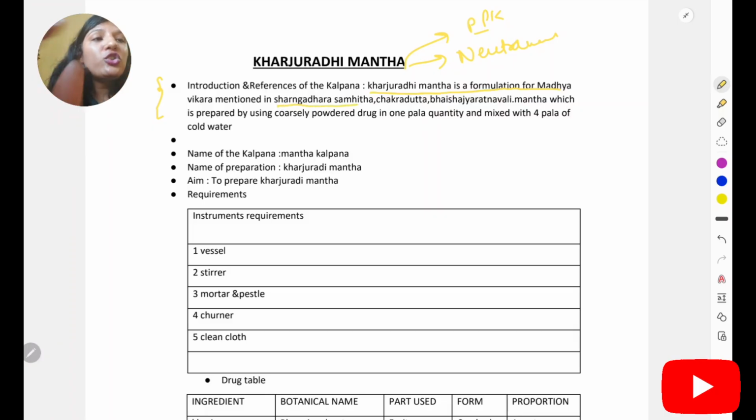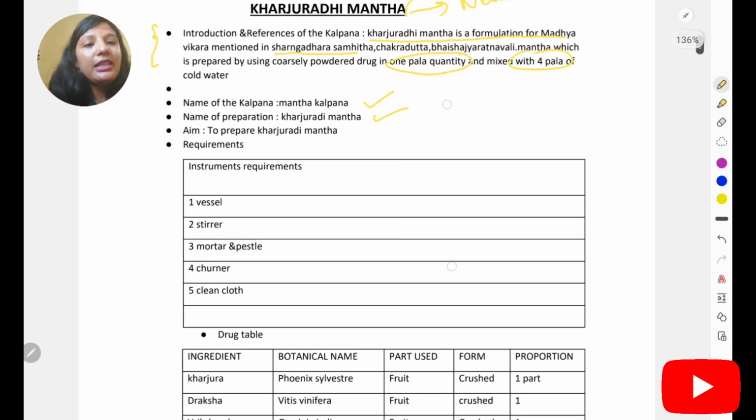And the ratio you can mention, we have to take 1 pala and 4 pala, because like Panchavidha Kashaya Kalpana, there are many ratios. Even in secondary Kalpana, Sneha Kalpana, a ratio is there. So in the introduction part you can write that particular ratio, so that the examiner can understand, oh, that student knows this. Okay, the name of Kalpana, name of the preparation, aim and requirement,